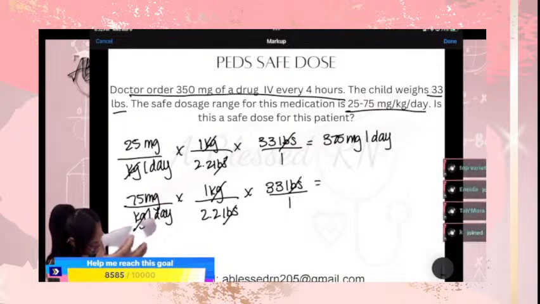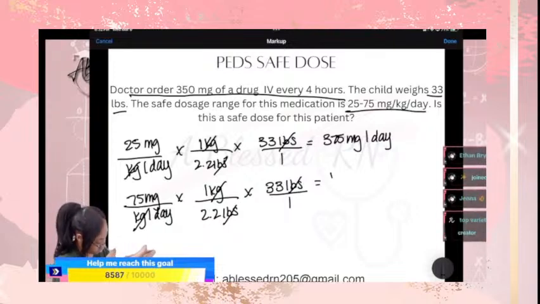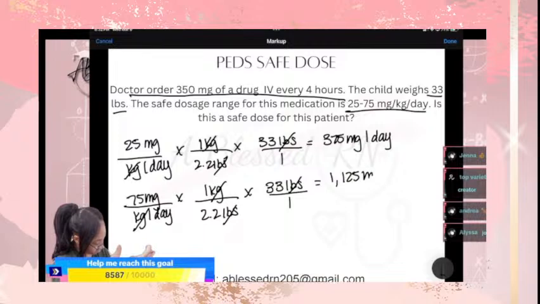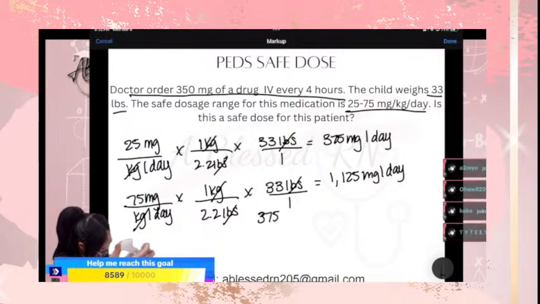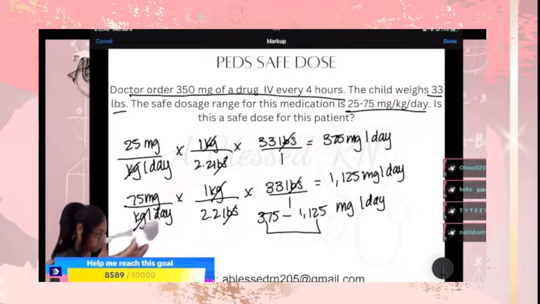Pounds crosses out, and then we'll do 75 times 33 divided by 2.2, and that's 1,125 milligrams per day. So your safe dose is 375 to 1,125 milligrams a day. So if it is at or in between these numbers, then it would be considered